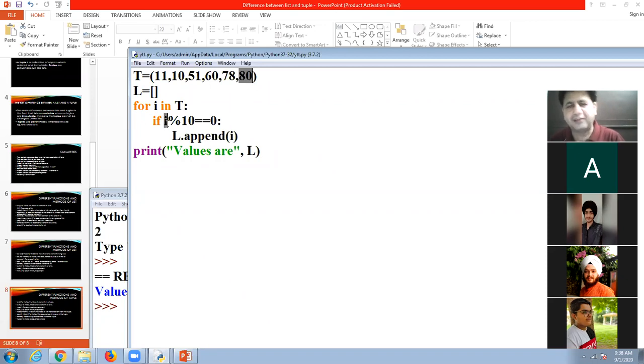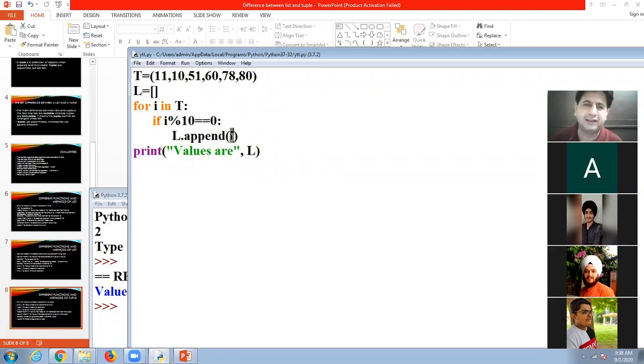And if i is 11, if it is divisible by 10 and modulus 0, it means it is divisible. So 11 is not divisible. Then 10. Next time i will be 10. It is divisible by 10. So that's why it is added.